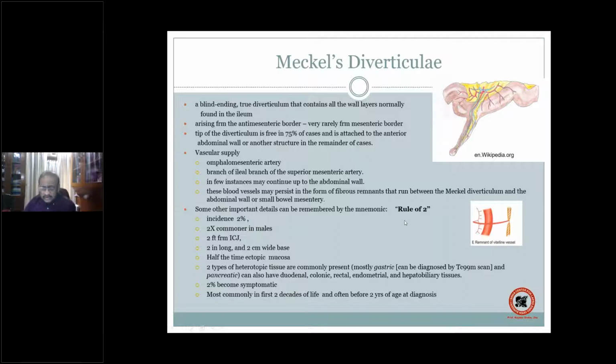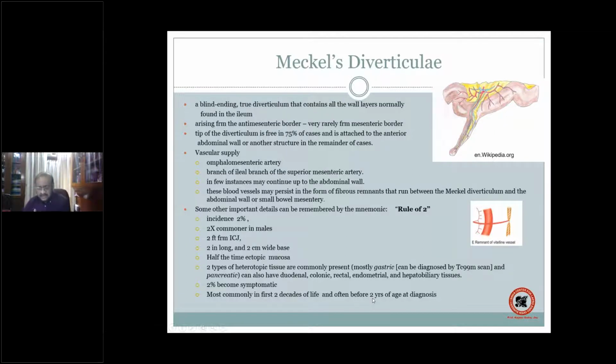But rarely you can also have other mucosa, and that is duodenal, colonic, rectal, endometrial, and hepatobiliary tissues, which could be represented in the Meckel's diverticulum. 2% of them usually become symptomatic, most commonly in the first 2 decades of life, and often before 2 years